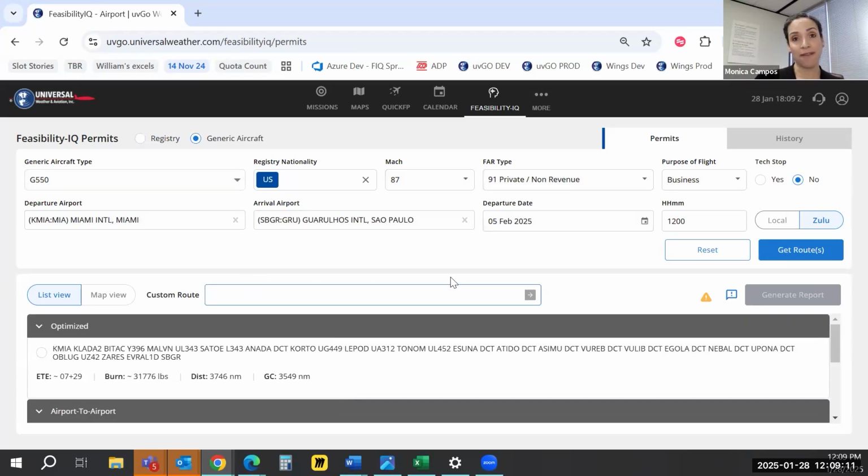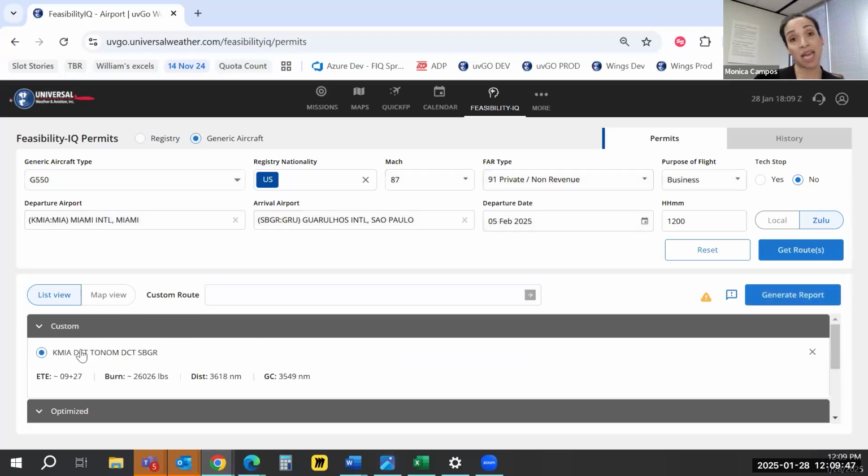If you have a route that you have found or that you have created in your flight engine tool, your flight planning engine, then you can customize that route and copy it over, paste it right here in this spot. I don't have one created, but so if I wanted to do KMIA direct, Tonum direct SBGR. Now, if you had it over there, you can copy it over there, paste it over here. It'll take any format and it'll add that as a custom route to the other routes that you have selected here. So it'll populate right at the top of the screen, right above optimized, and it'll take up to 5